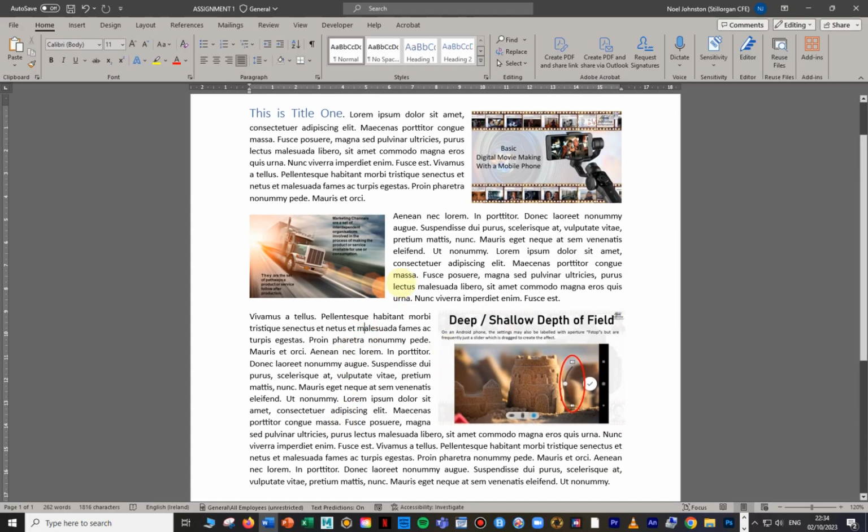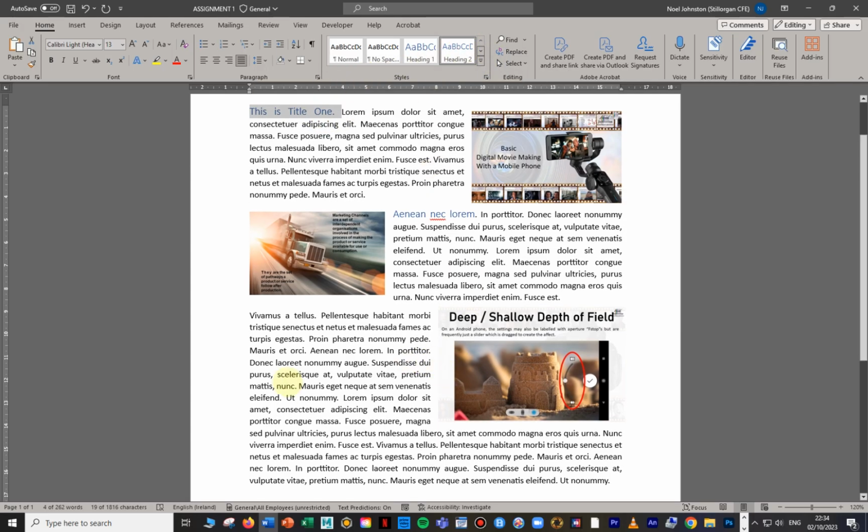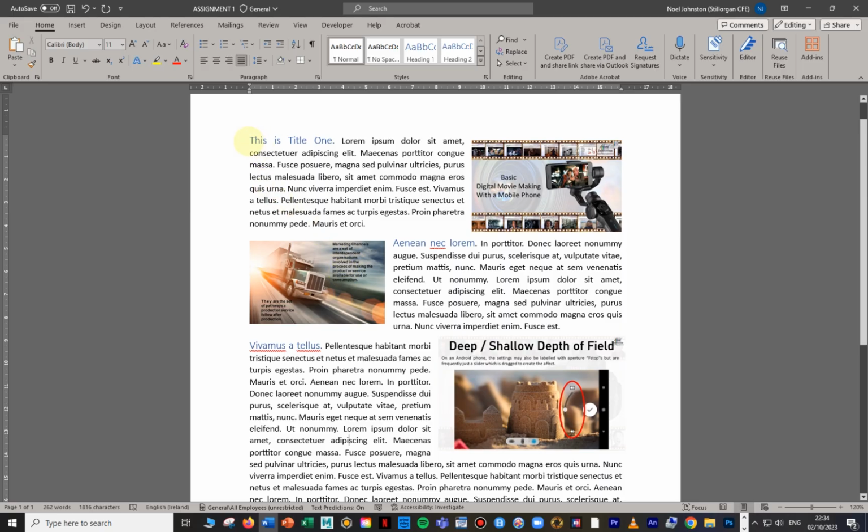Okay, now we can do a little more than that if we want. Like I have this one called title 1 here. I could do the same thing. I could click in here, just for the sake of it, I'll go heading 2. The heading 2 is actually a little bit better. It's smaller and nicer. So let's change the first one from heading 1 to heading 2. I just select the text and click on heading 2. And then down here I can do the same thing. It adds a little bit of design to it, because the very first could be the title. So let's say this was Trinity College. I can just put Trinity College in here, and I can just give it a heading style,